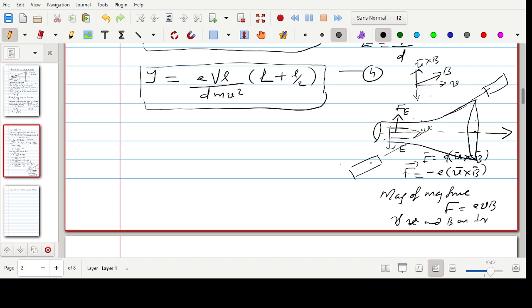For that you should apply, here you should be having a north pole, and here a south pole, and here a south pole, then here a north pole. Then this magnetic field will be along this direction, into the plane. We are applying the magnetic field, the direction of the magnetic field is into the plane. Then you will have V cross B in the upward direction, minus V cross B in the downward direction. So magnetic force